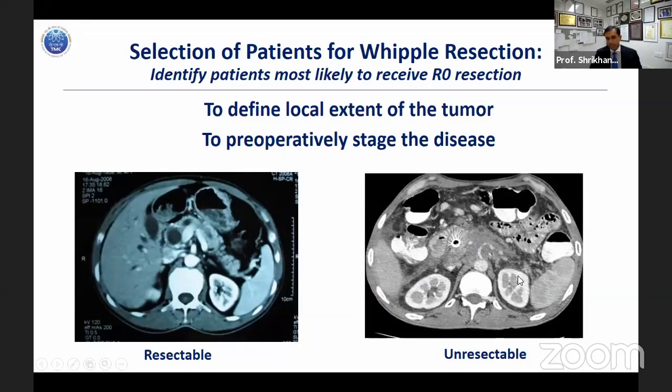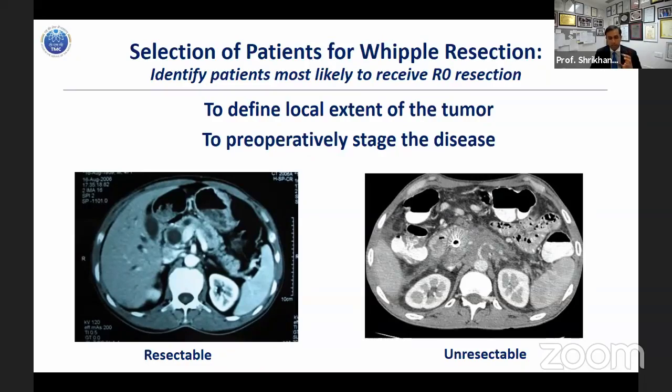On the other hand, you see a tumor here which is completely encasing 360 degrees the retroperitoneal vasculature. The disease has gone right down to the aorta. There is a large mass. There is an atrophic pancreatic part which is dilated expectedly, and rightly so, the patient has got a metal stent to drain obstructive jaundice. Such a patient, in about 70 to 80% of the cases, would never come up for a worthwhile oncologic resection. And this would be the other end of the spectrum, and that's unresectable, locally advanced pancreatic cancer.